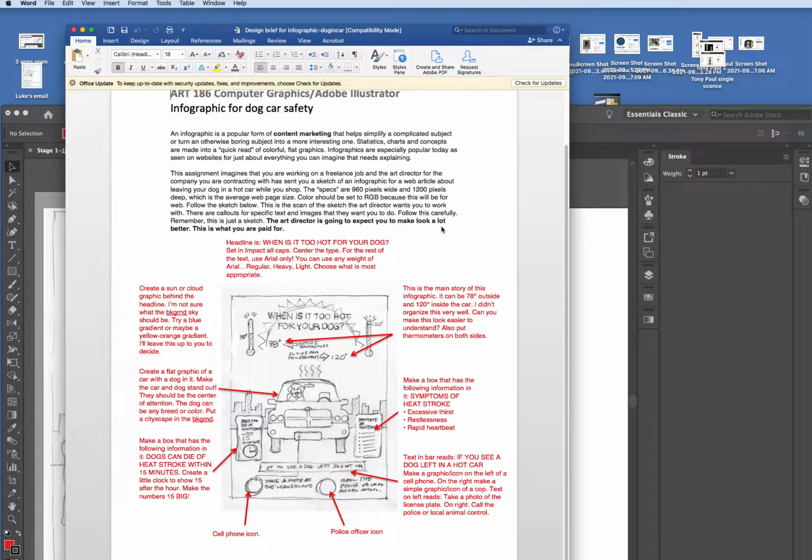Okay, so what we have is a sketch in the middle. Mints are too hot for your dog. This is going to be an infographic that the client is going to put on probably an ad for a company that they want to do kind of a public support type thing. So this is going to be a size a little bit differently. It's going to be 960 pixels wide and 1200 deep. Okay, so 960 pixels wide is about right for this type of thing, for a full page